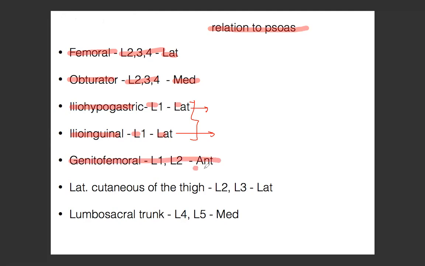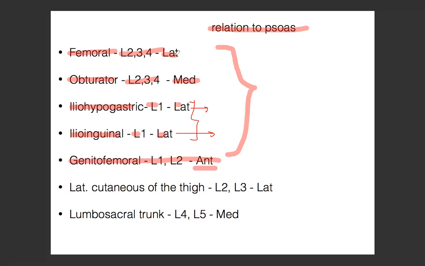في تاني genitofemoral. This one is very easy to see because it's the only one that's found right above the psoas muscle. So if you look at it, it's literally on top of the psoas muscle. It's my genitofemoral nerve. It's L1 and L2. تمام؟ في تاني الاثنين الأخيرات اللي هم lateral cutaneous of the thigh L2 L3 at laterally lumbar-sacral chunk L4 L5 medially, not that important. So the most important ones are the first five: femoral, obturator, iliohypogastric, ilioinguinal, وgenitofemoral. تمام؟